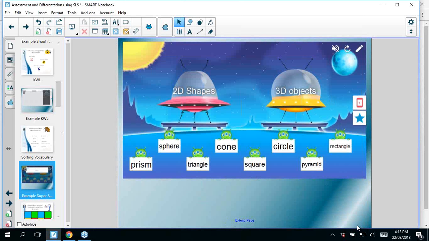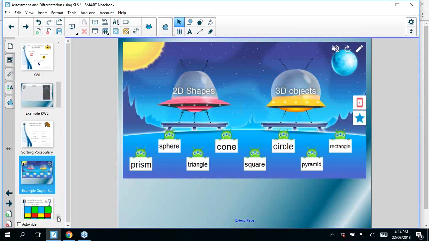So I might give them the categories, but not give them any of the options from the bottom. And they have to come up with what would go down there, and then they create them as a group perhaps, and then we test another group on that super sort. So that really means that we end up with being able to use this as a tool for assessing prior knowledge, as a formative tool, and also if we wanted to as a summative tool in terms of what they can actually create, how well do they understand the content in order to be able to create something using this